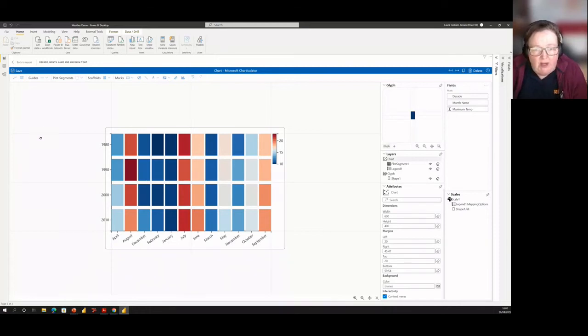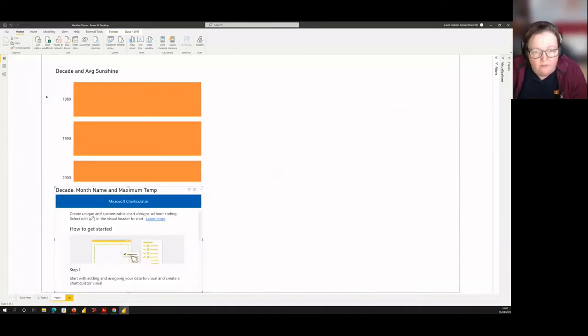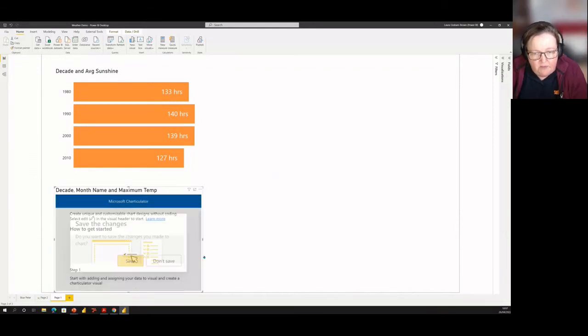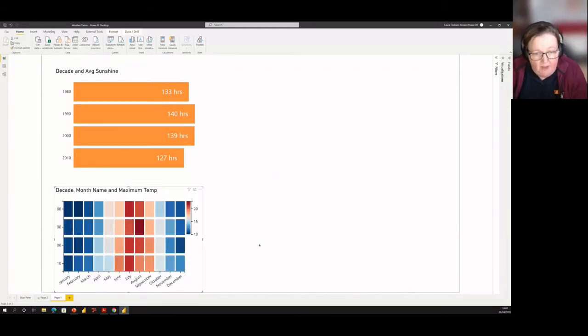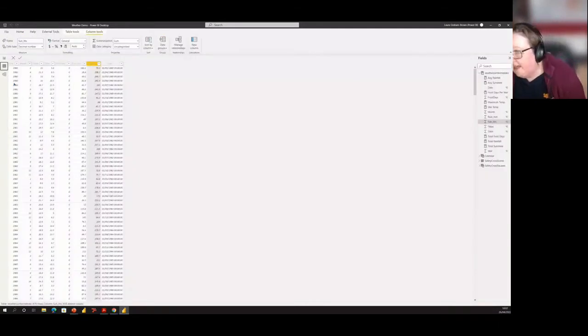Okay, we're just going to do a quick back to the report and a save. I'm going to prove that I have got it right here. As you see, we didn't move that guide, so I need to do that when we get back. But let me show you in the data that if I go and have a look in the calendar,